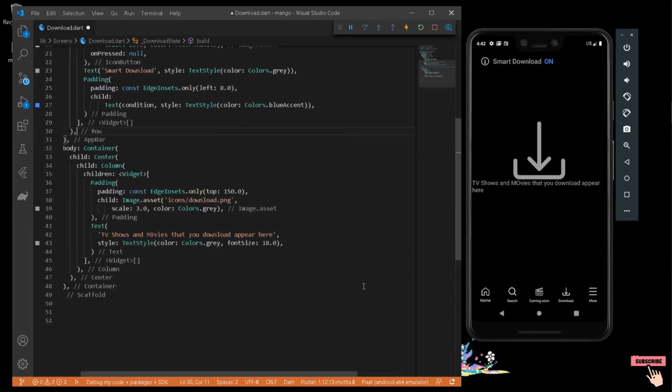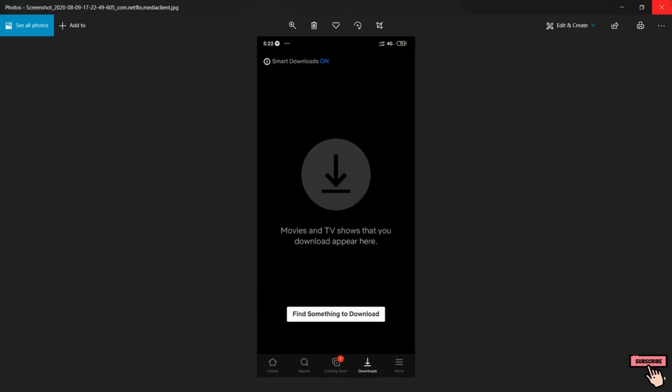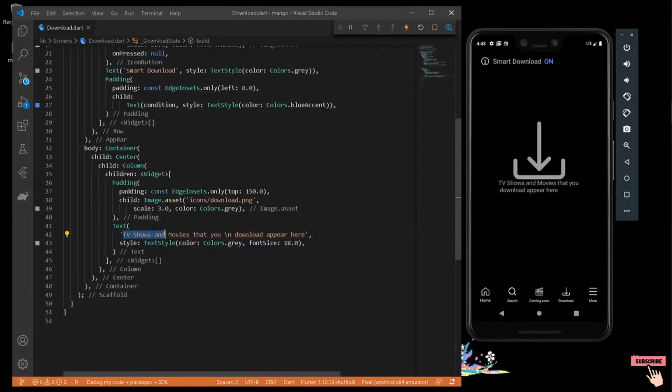Okay, so it is manipulated in a wrong way. So let's correct it out. So we can do one thing, that is add this thing here. Now let's check it once. Okay, it's movies and TV shows. I know it's a small thing, but we have to clone everything from there.